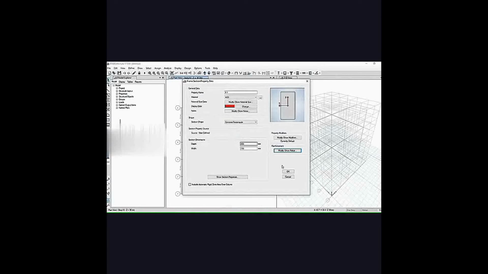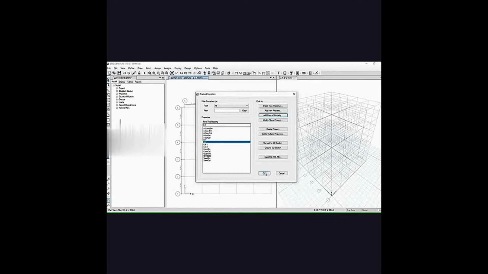Yes, choose HYSD 415, click OK. Beam 2, take depth as 450 mm, 300 mm, sorry, yes, and width as 230 mm. Click on OK.